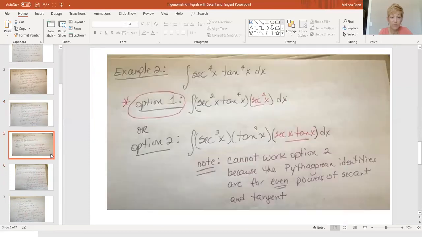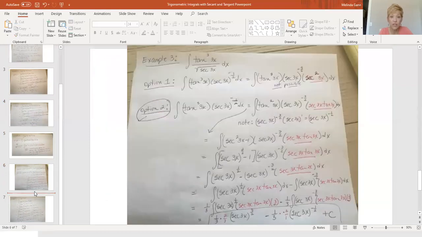So we have that option. All right. So I'm not going to work it out. You can work it out. Okay. Not a problem. Now let me show you some that look a little odd. Okay. And then I'm going to show you the 2 options, and I'm going to work the one that works